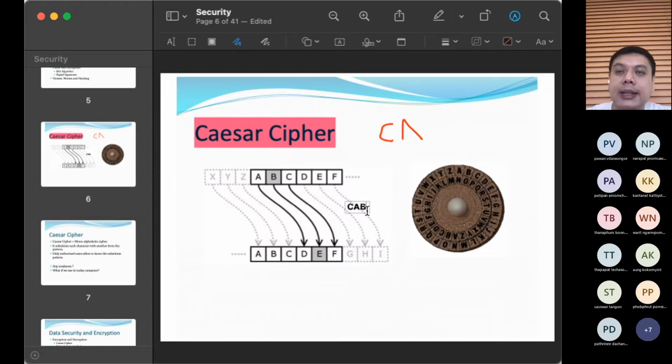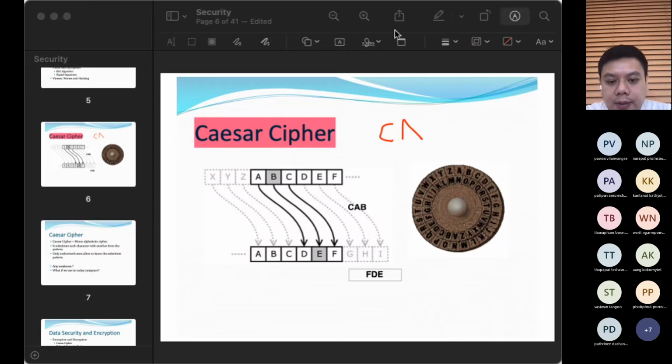For example, every day you need to move around to another 3 alphabet letters. So now this route is going to be A to D, B to E, and so on. So the word CAB here will be changing. The character C will be mapped to F. A will be mapped to D, and B will be mapped to E.